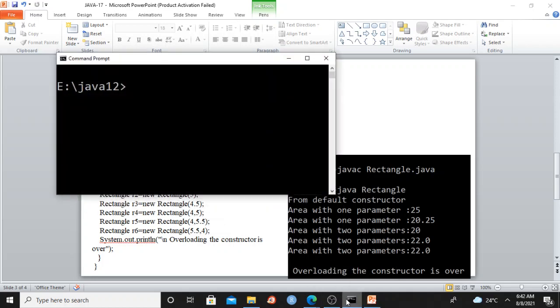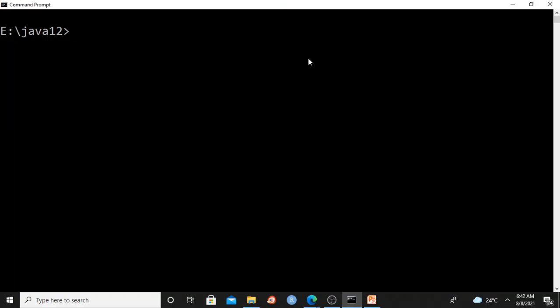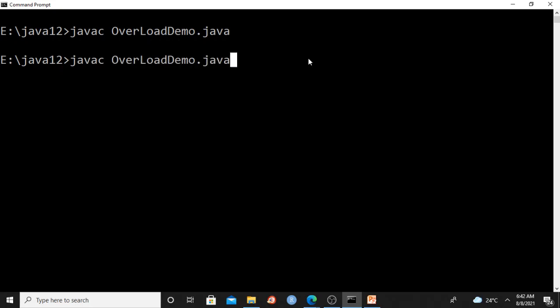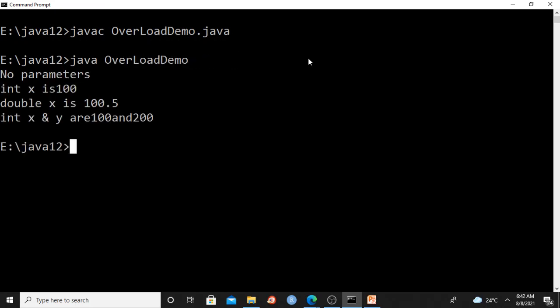Let me demonstrate this one. In my previous lecture, I discussed overloading. First, let me show what overloading is. Just see, javac space OverloadDemo.java. This is method overloading. Now let me show the output. That's what java OverloadDemo shows, isn't it? There are no parameters. Int x is 100, double x is 100.5, int x and y are 100 and 200. In a similar manner,